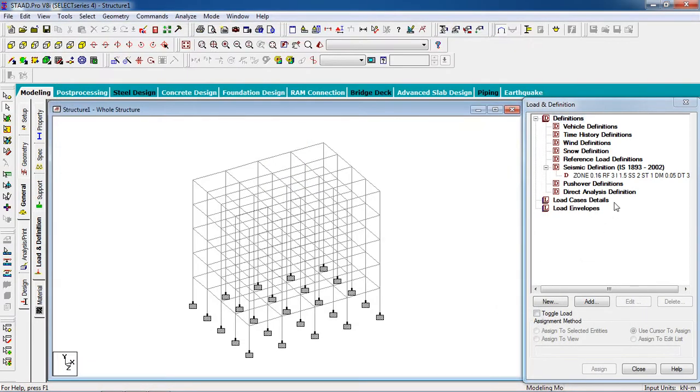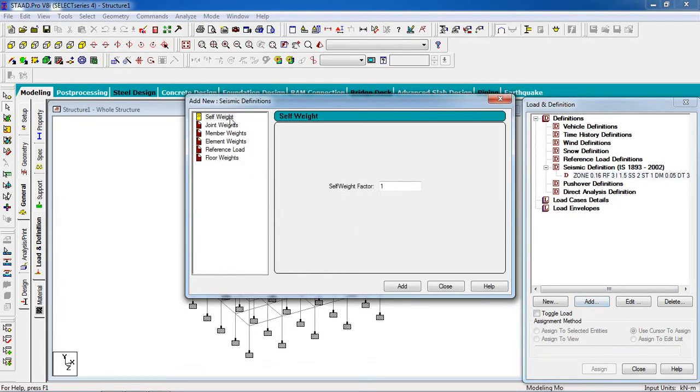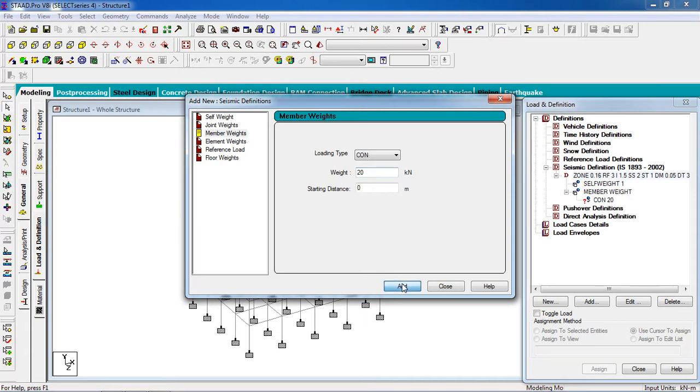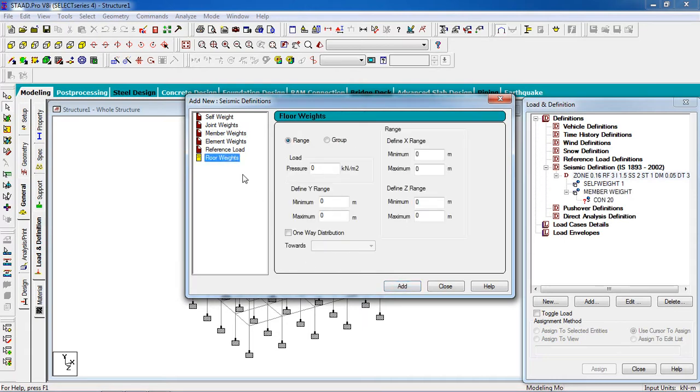Then close it. Now click on the zone. We add the property. Now select that property and click on add. Now click on self weight. Now click on add. Select the self weight. Now select the member weight. Now the weight will be 20 kilonewton. Click on add, and the floor weight